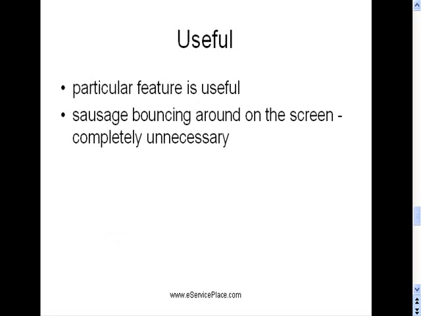Here we are not checking if the whole application itself is useful. We are checking for one particular feature. When you're testing, if you come across a feature and you evaluate it and see if it's really useful for the user. For example, if in the application there is a sausage bouncing across the screen, that's completely unnecessary for the user. So we identify such kind of features